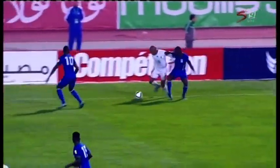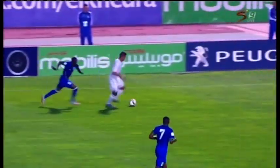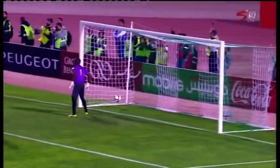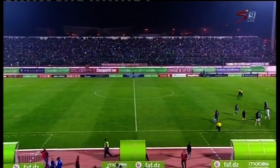This is how the goals came then. Good work being done by Yassin Brahimi. Little link up there with Slimani. In fact, this is the third goal that came from Mahrez, easily beating Ali Mustafa. Half-time then in Blida. It's Algeria 3,